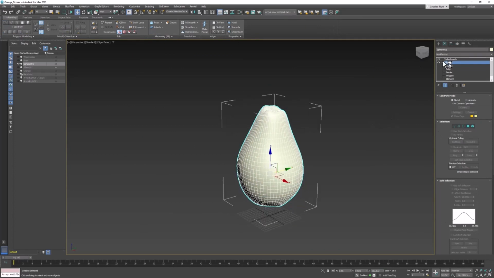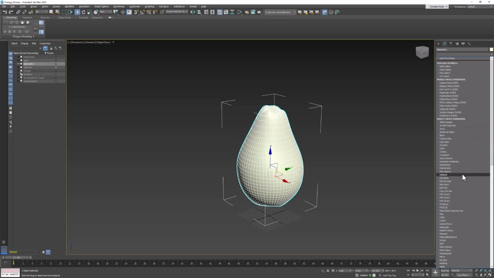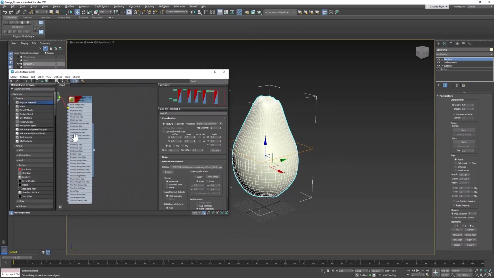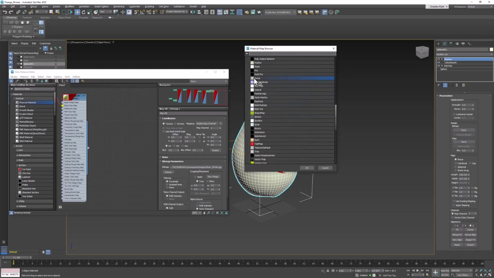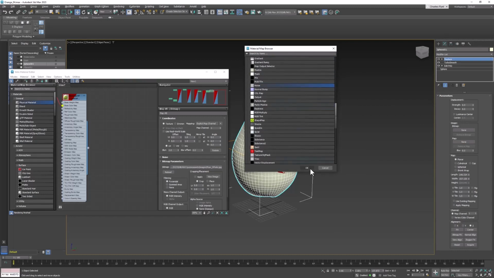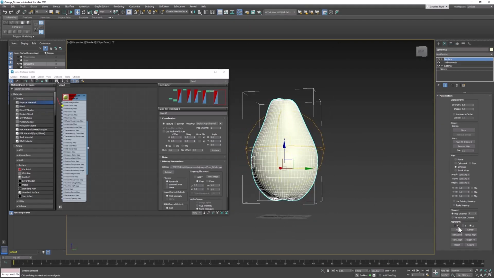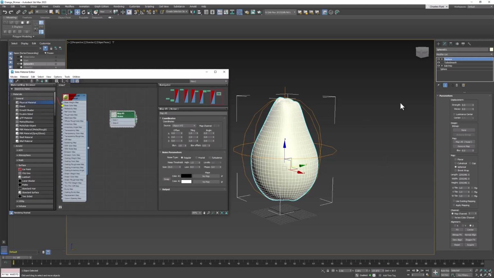Before we leave this tutorial though, I want to put a displace modifier on it because pears are pretty lumpy. So let's go to the modifier list and find displace. And we're going to do the same thing that we did with the watermelon. Click the None button under Map. Find that noise that we used before, not the two that are above it, but this one right here. Make the projection spherical and click Fit,